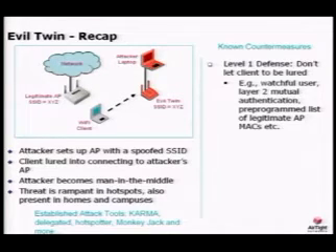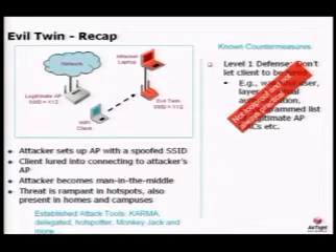Similarly, the third option, which is to have a pre-programmed list of legitimate AP MAC addresses, will also not work in hotspot environments because it is hard to know the universal set of MAC addresses that correspond to a hotspot vendor, for example T-Mobile. And hence, this approach, though a very good idea, is not foolproof and not always practical.